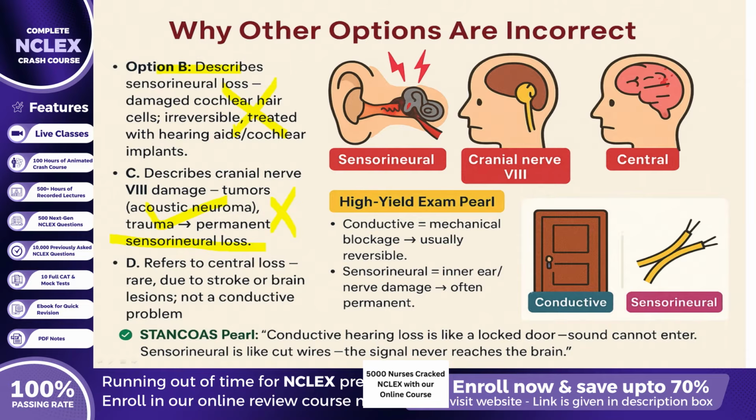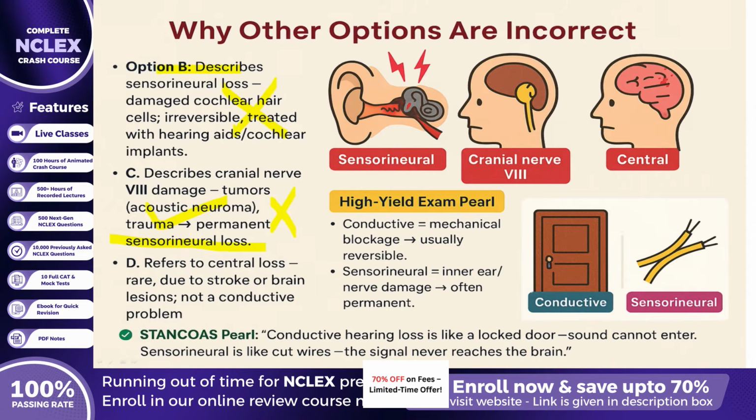Option D is not correct either since it refers to central hearing loss, a much less common condition where the brainstem or auditory cortex fails to process sound correctly, usually due to stroke, tumor, or brain injury. This is not the same as a conductive problem, which lies much earlier in the hearing pathway. To lock this into memory,